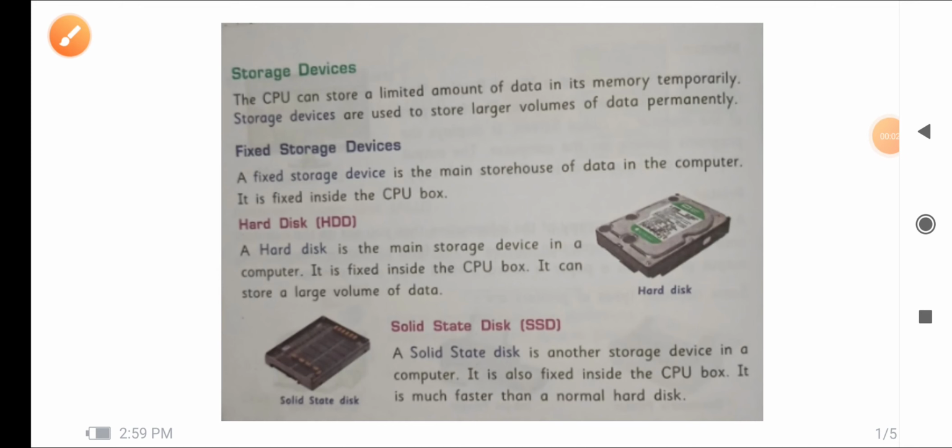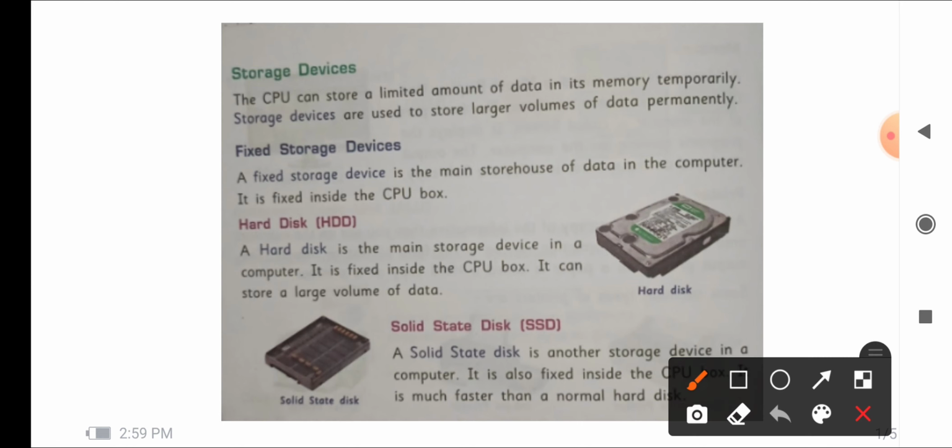Good morning, students. In our last class, we studied some output devices. Now, we are going to see some storage devices. Okay, so first of all, let's see